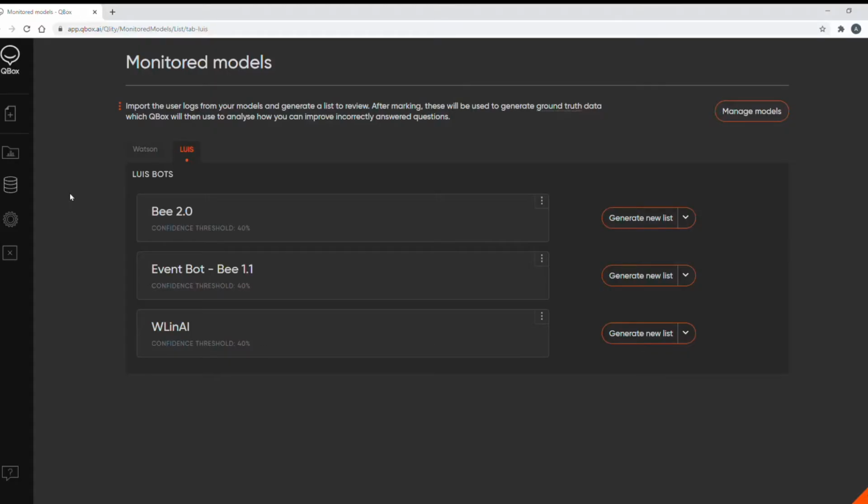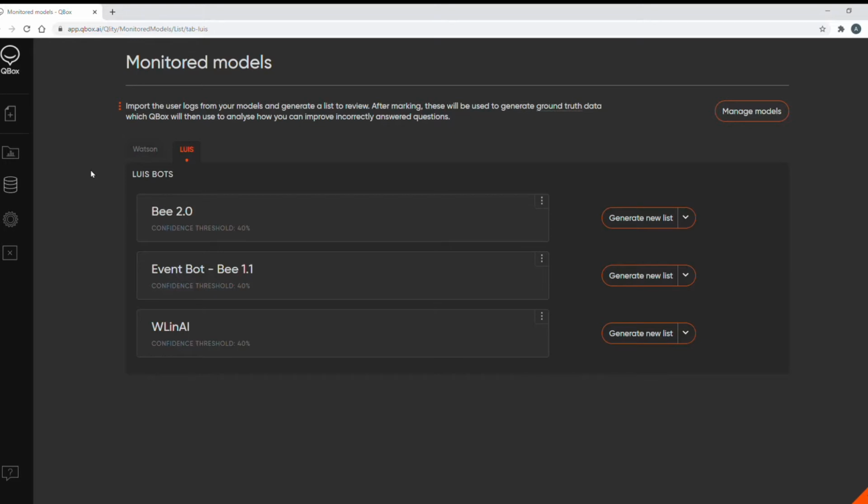QBox monitoring allows an NLP-based production chatbot to be reviewed for weaknesses in the NLP data model, using real user input to validate and score the model. If used regularly, these scores can provide a useful metric that shows how well the chatbot is responding to real user questions and whether it's improving with time. Additionally, by visualizing and exposing any weaknesses present in the NLP data model, QBox monitoring makes decisions about how to